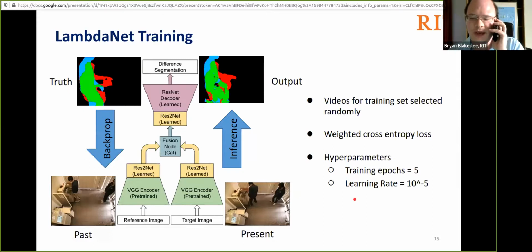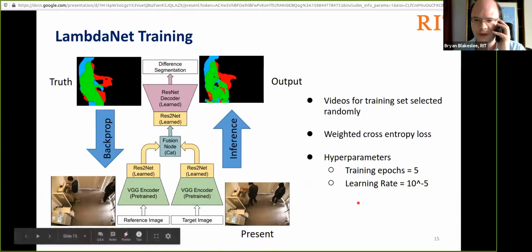You then evaluate the actual segmentation with a weighted cross-entropy loss, and then use that loss to backpropagate through the decoder portion and the multi-scale portions of the network in order to learn what is effectively a separation function that marks any like elements of the image as a no change region, and then splits out the significant changes according to their additive, subtractive, or exchange classes.